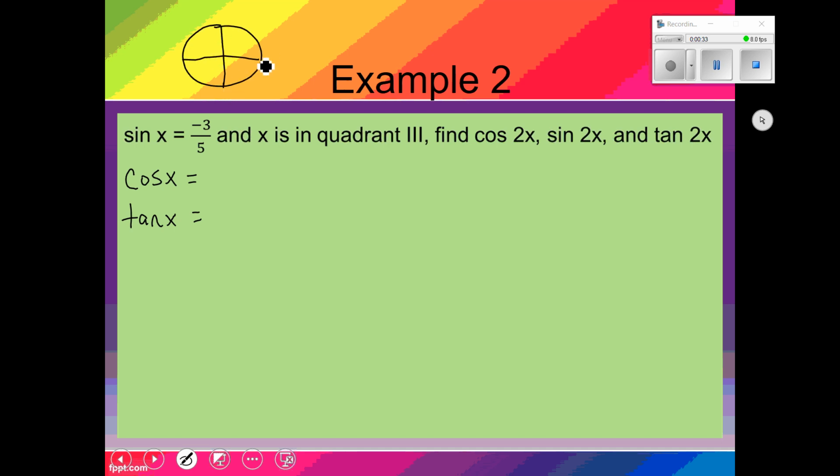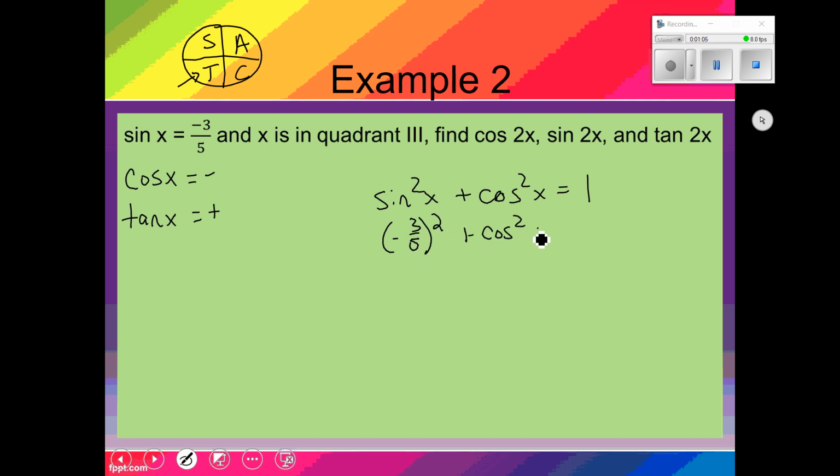I'm going to put this up here so we know all students take calculus. So we know that x is in quadrant 3, so the cosine is going to be negative, and the tangent is going to be positive. And you can fill into sine squared x plus cosine squared x equals 1. The sine is -3/5 squared, plus cosine squared x equals 1. When I square that, that gives me